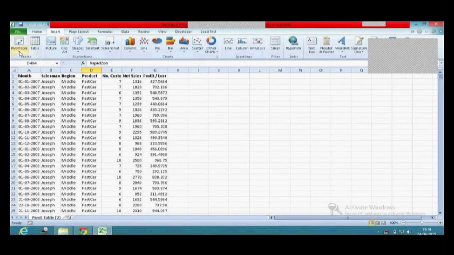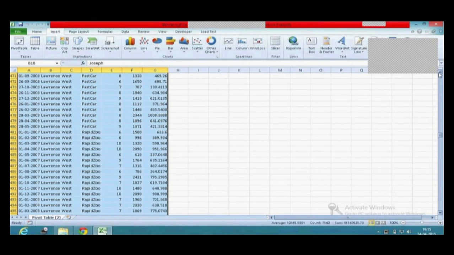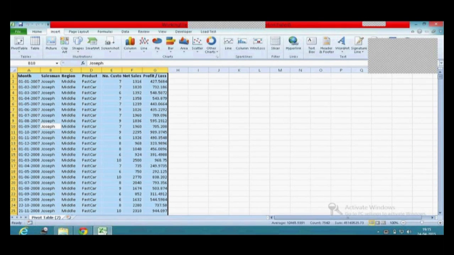I'm going to select the whole data. If I click inside the data and use Control and A, it will select all the data. You can see that my data goes up to row 1080. So I've selected the data. Now I go to pivot and say I want to insert a table.